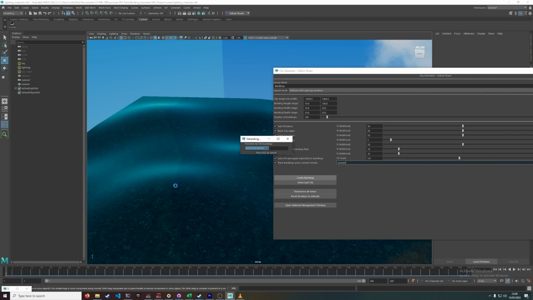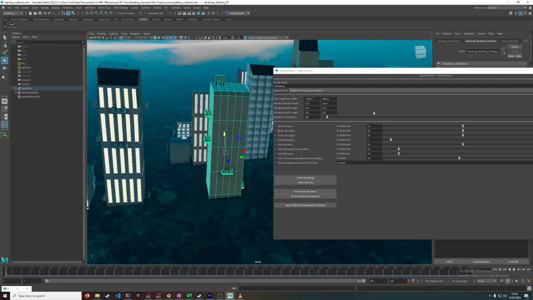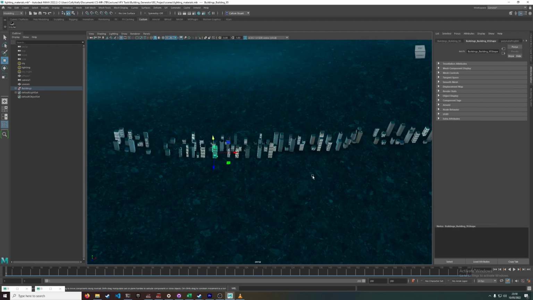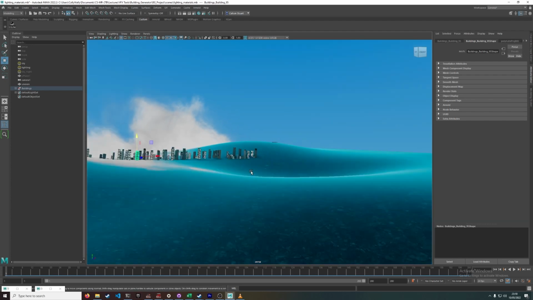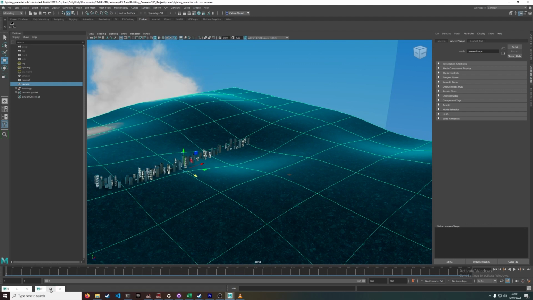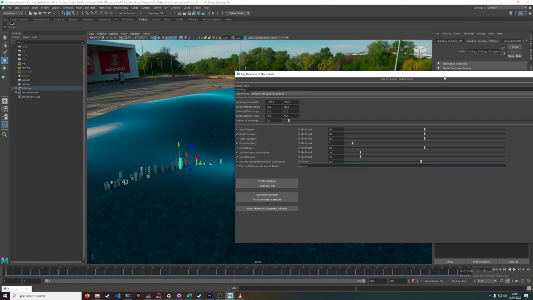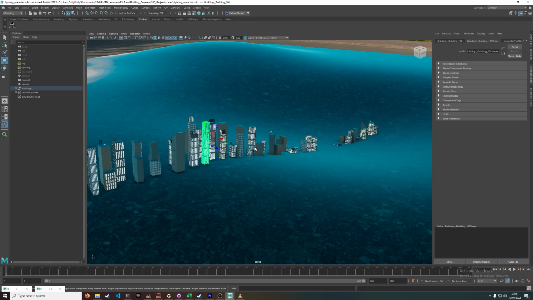Now it's having to check for the closest position, so it takes a little bit longer, but you can see that the buildings are placed and they follow the curve of the terrain. So if I move this there so that you can see it working with that little divot, you can see they follow along the divot